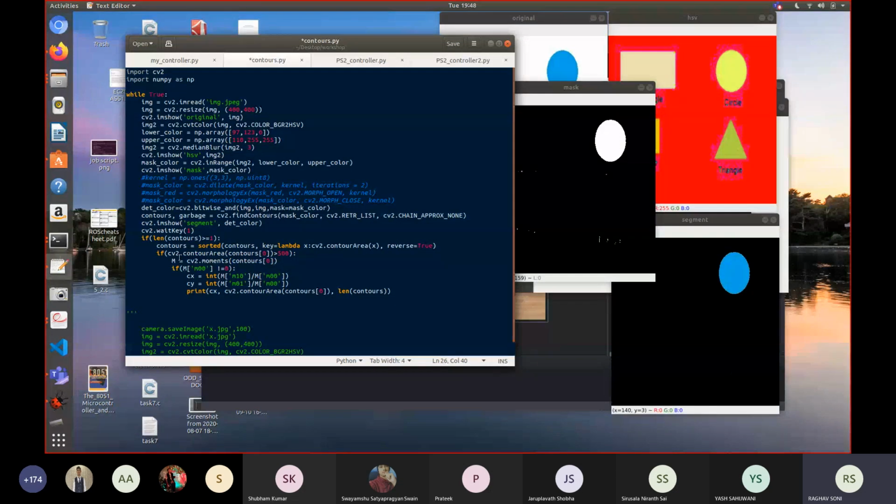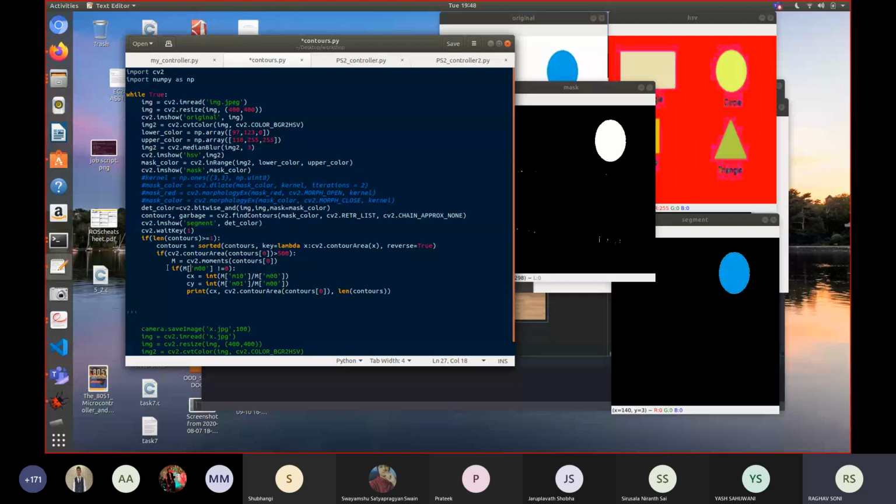dictionary. I hope you are familiar with the Python dictionary. So in M, a dictionary is stored, and these moments return a few features of my contours, using which I can calculate its area, or if I want its centroid, the center point of the contour, the center of mass, I can calculate it with the help of these moments. First I check that the moments are not empty. If the moments are empty, that means there was some error, the contour was not detected correctly or it's just too small. So I put this condition on this variable inside the dictionary, which should not be 0.